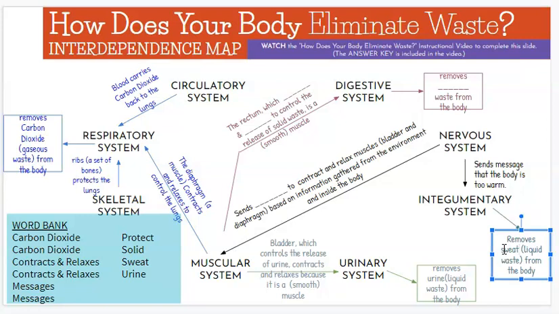In order for us to not poison ourselves with the other materials that are taken in when we consume food, our body has to remove the leftovers. So the last piece of cellular respiration was we took in oxygen and we removed carbon dioxide and water, but we also had to take in sugar. In order for our body to extract that sugar, we had to take in food that had other substances that our body is unable to digest. The parts of this food that are not needed, that our body is not able to digest, have to be removed. And the way that works is, again, it starts with our brain, which sends a message